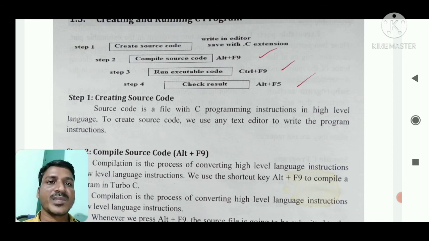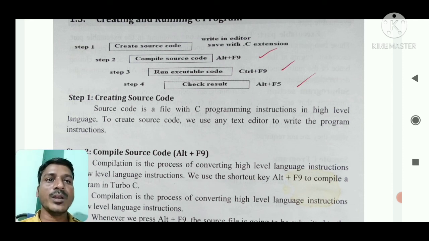Okay, right. The C language source code is written in an editor and saved with the .c extension. So any C language program is written in the text editor and saved with the .c extension.